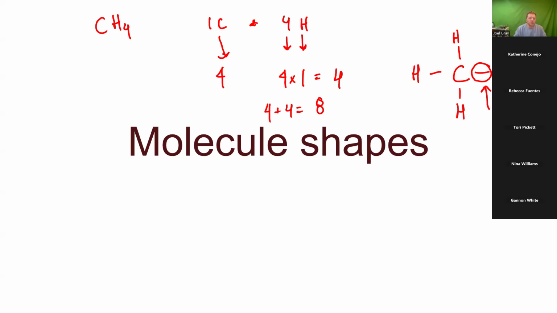Two. It's a shared pair of electrons. Okay, so two electrons. So how many electrons do I have basically represented in this structure total? Great. I have eight. I had eight to work with. So basically, this is my structure. Now, with that in mind, whenever we look at this structure,